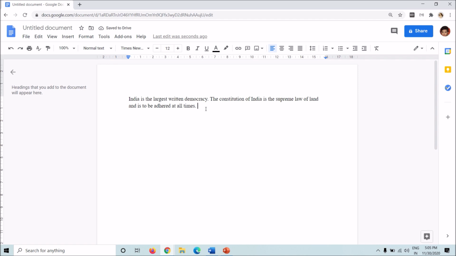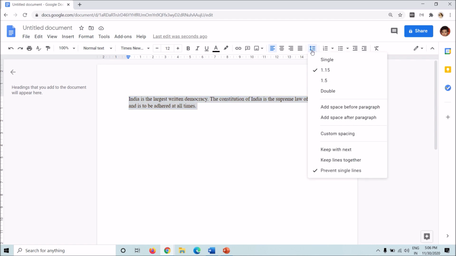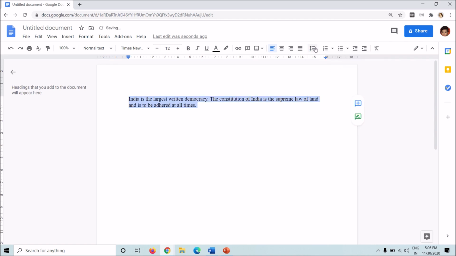Some people like their text to be spaced. See this, these lines might look too crowded to them. These are only 2 lines, but if you continue the text in the same line spacing, then the text becomes too crowded for some people to read or understand. So there's an option for that as well. You select the text, go here, this is the line spacing: single line spacing, 1.5, 1.15, all of this up to you. You choose how much line spacing you want in your text.